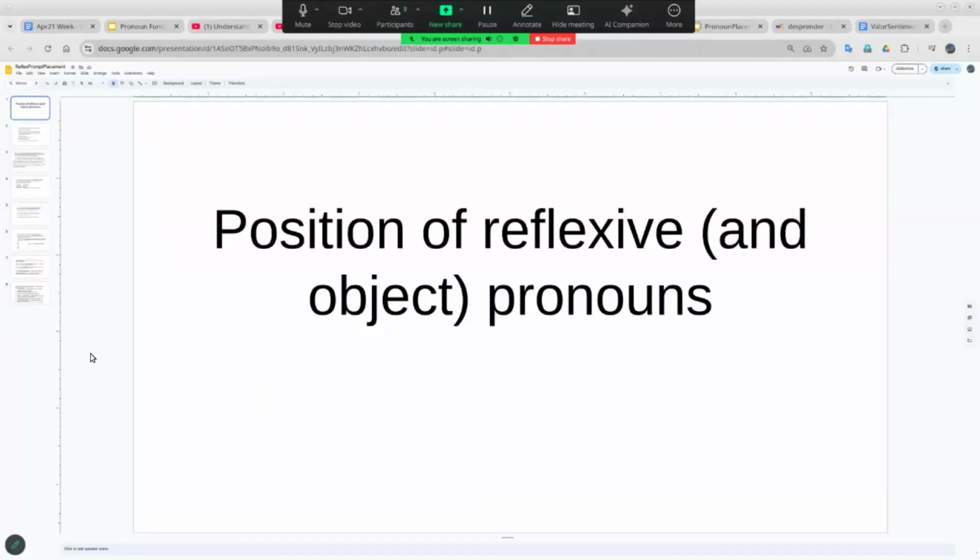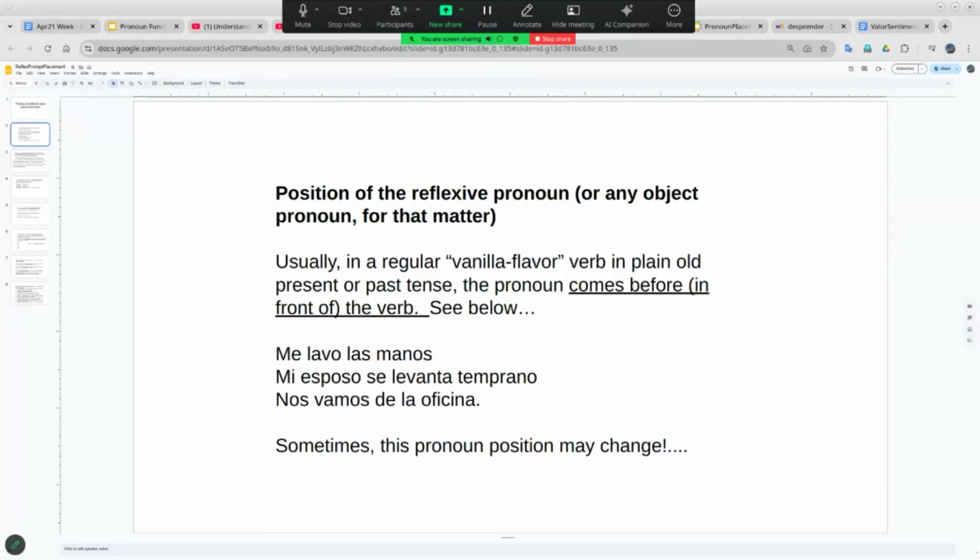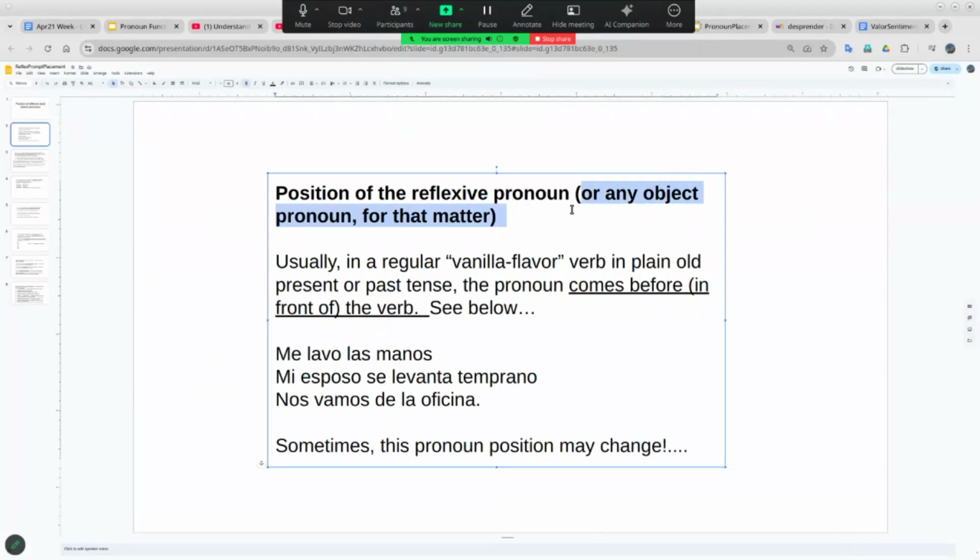Where these little words go becomes the problem. Okay, the position, word order. Yeah. Word order will not always match up between English and Spanish or English and any other language. All right. So where do these little words, these me, te, nos, se, and really any pronouns at all, whether they are reflexive or any other object pronoun, meaning if they're a direct object or an indirect object, where do they go? Okay.